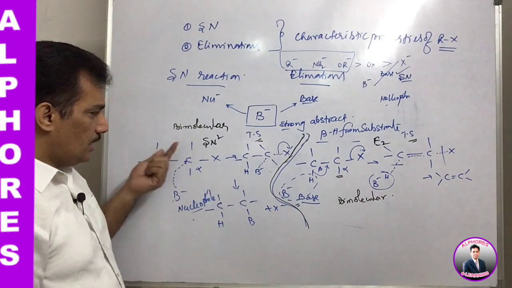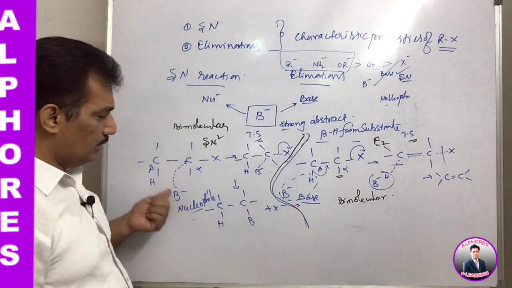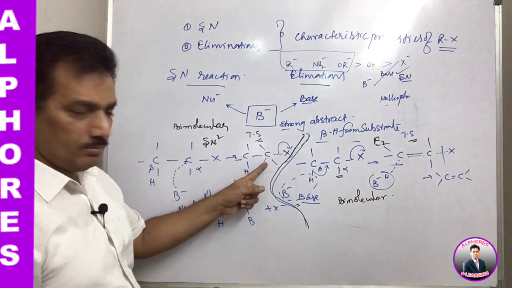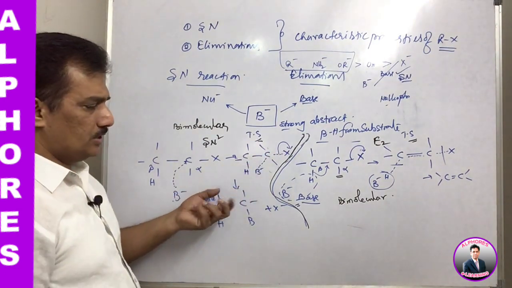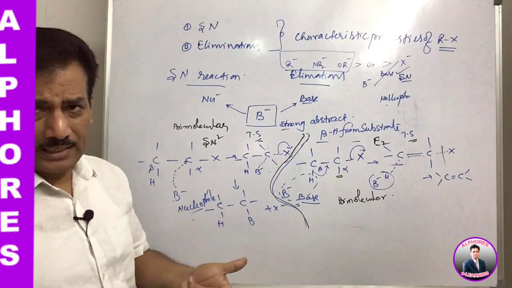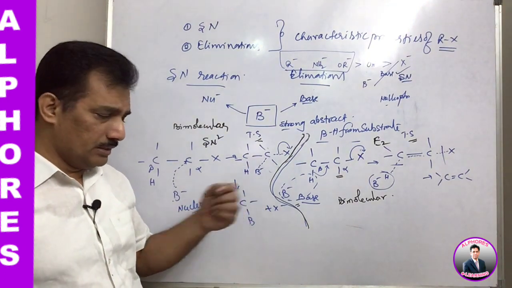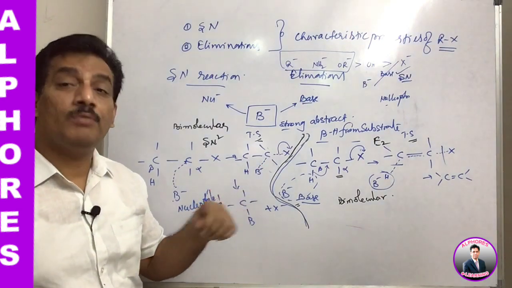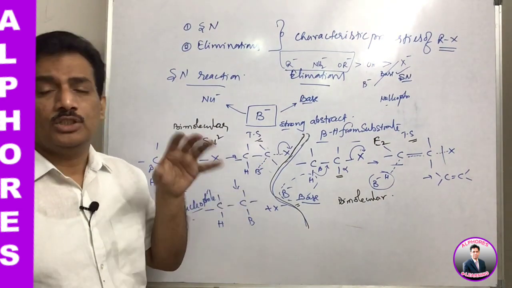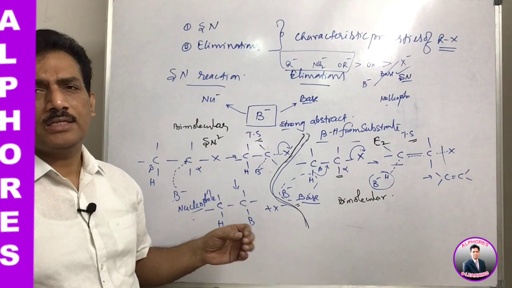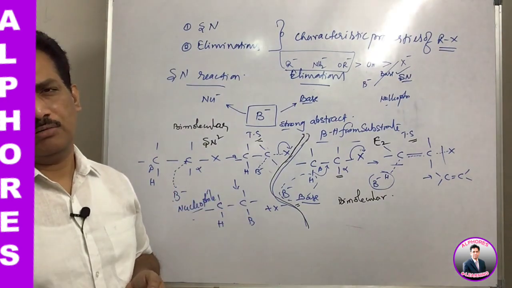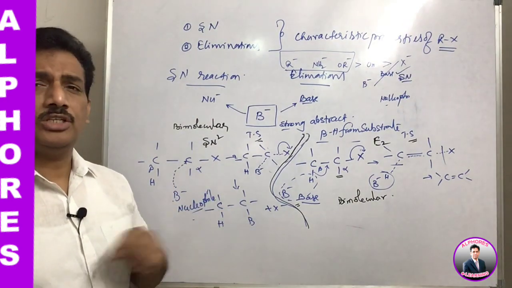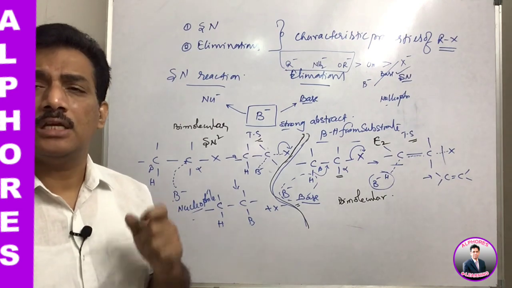Here in the SN2 mechanism you can observe that B minus is attacking from the back side. As already discussed, it is nothing but backside attack, and because of that backside attack, in general we can say that the configuration of the molecule will change if that substrate is a stereomer, and thereby it is known as inversion of the configuration, found by Walden, and hence it is known as Walden's inversion.